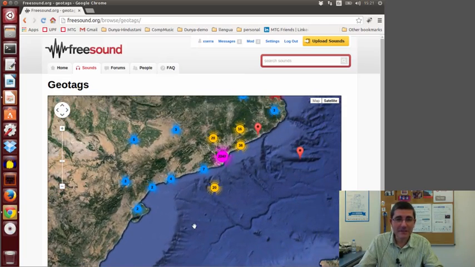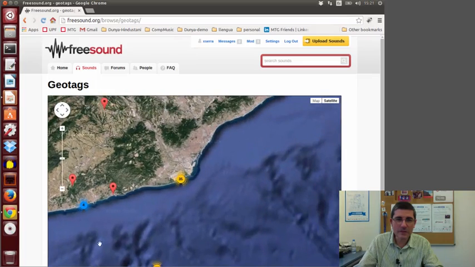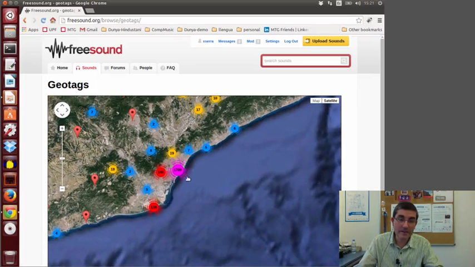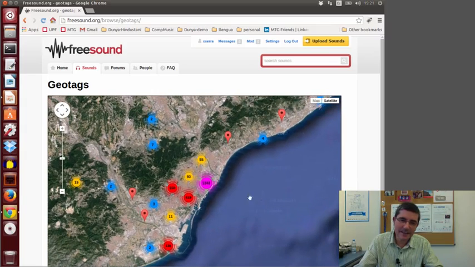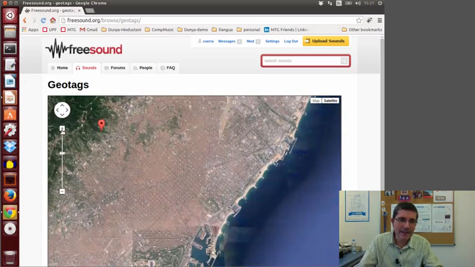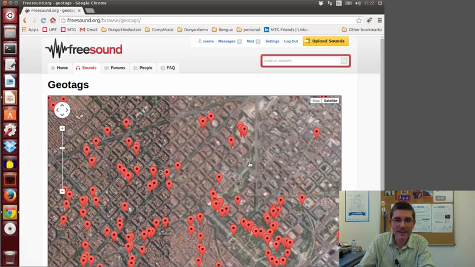So that's good. So in fact, if we zoom even more, okay, we are going to zoom into the area of the city of Barcelona, and still there are a lot of sounds, right? So the city is all this whole area, but if we zoom even more, okay, now we will see all the individual sounds that are actually identified. Okay, so these are all the individual sounds. And okay, there is an area that is very crowded. So in fact, if we zoom into that area even more, okay,